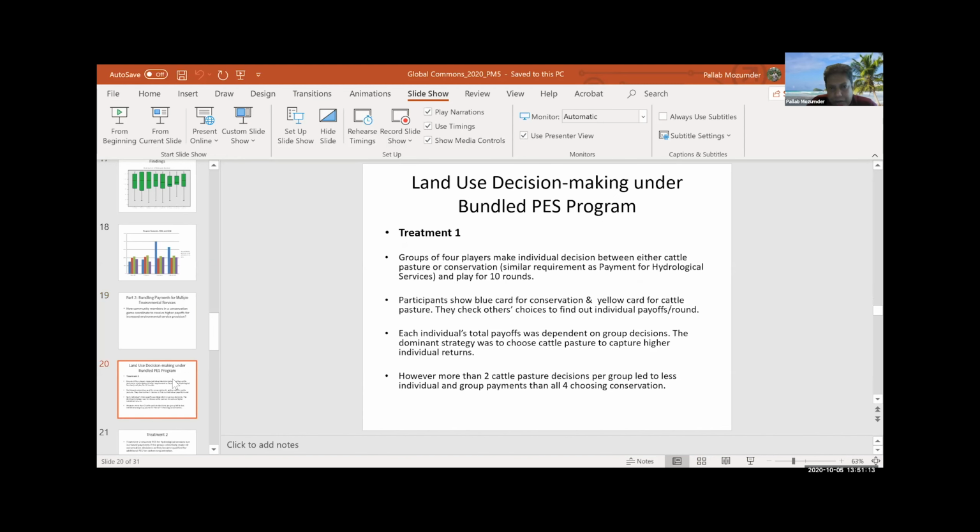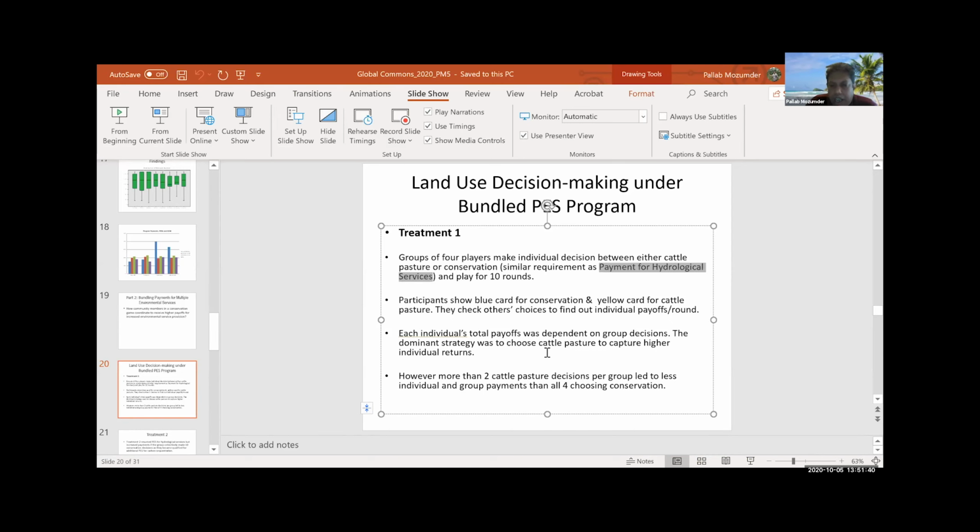So what we do here, we design different treatments. In the beginning, they have the decision to make: either cattle pasture or conservation. And they play it for 10 rounds. Each round we describe as a year, and they get paid some money for doing conservation, similar to payment for hydrological service. And then participants show what their land use decision was, conservation or cattle